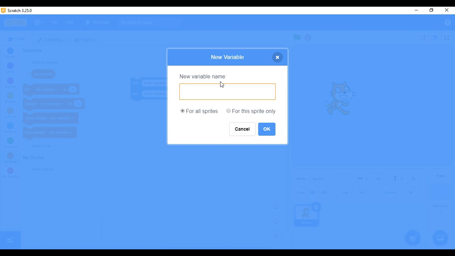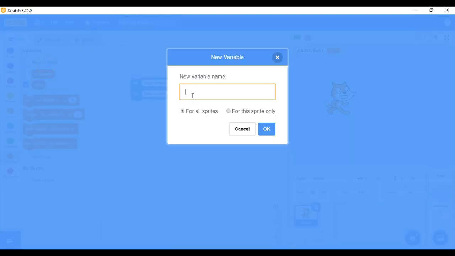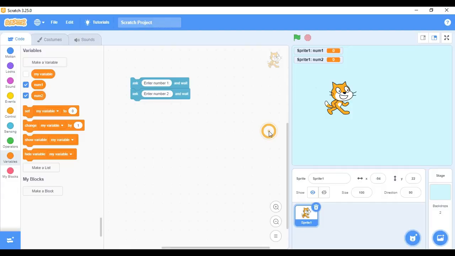Here you have to enter the variable name and select between for all sprites or for this sprite only. For my purpose I am using for this sprite only, and I am going to name my variables num1 and num2. Here I am putting num1 for the number 1, and again go to make a variable, type your variable name, use for this sprite only and click OK.